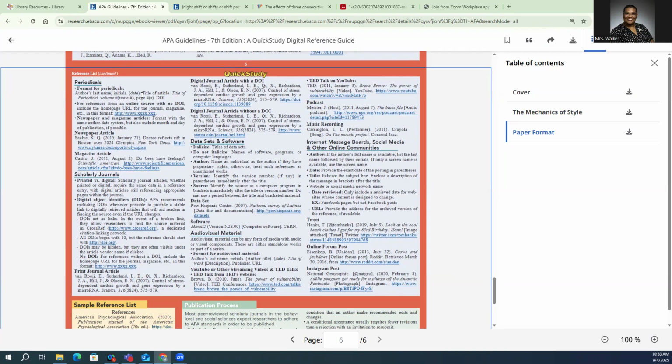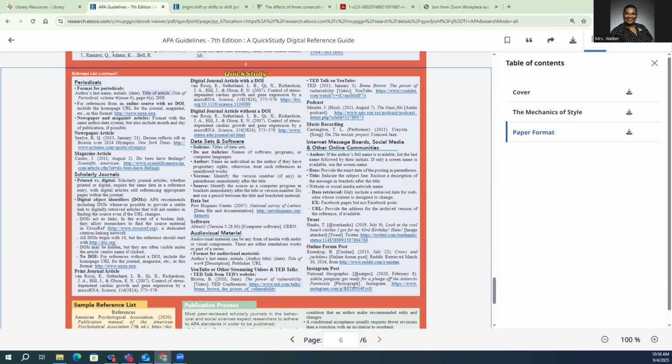A lot of times we're used to, especially when we're using a different citation style or from other classes or subject areas that we've been in, we tend to capitalize every word in the title that isn't and or of or. But APA 7 says that we use our title like this.